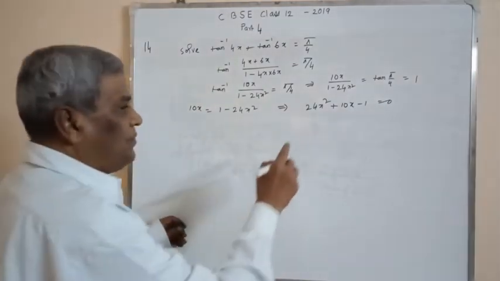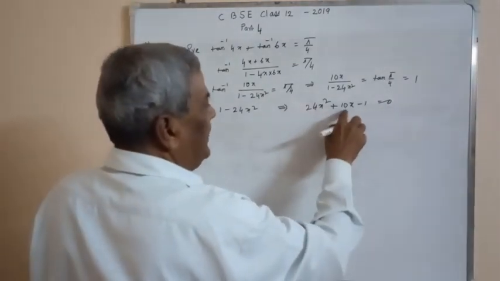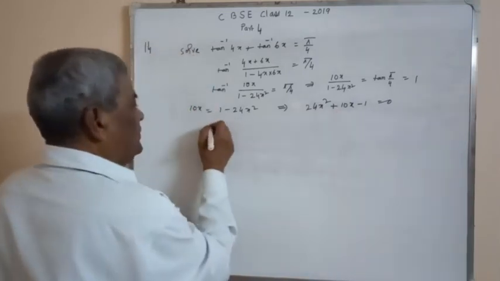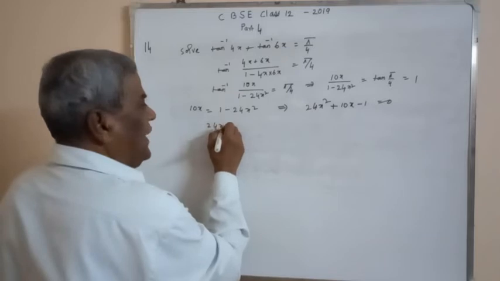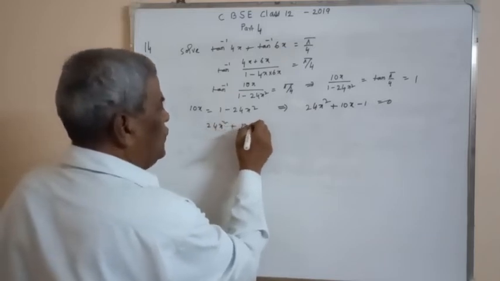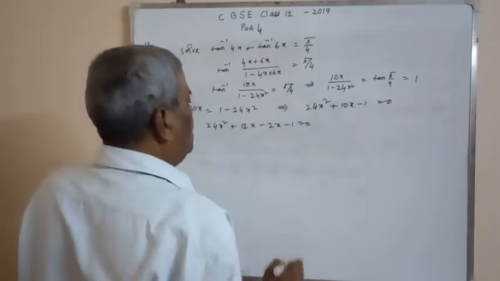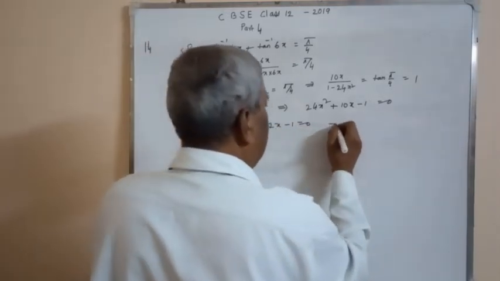To factorize, we split 10 as 12 minus 2. So 24x square plus 12x minus 2x minus 1 is equal to 0, giving